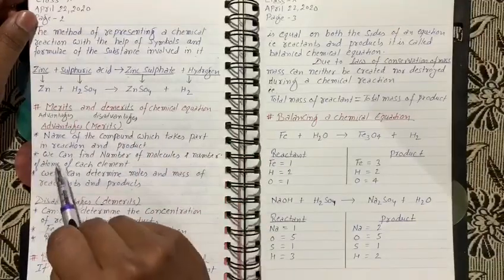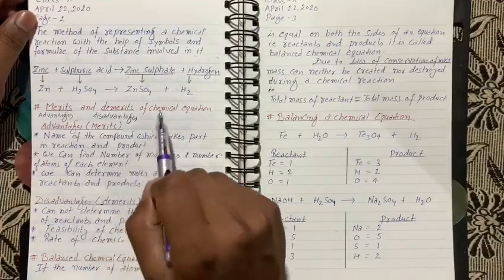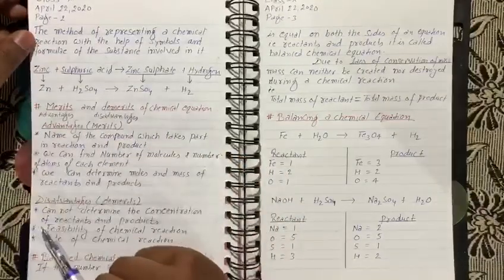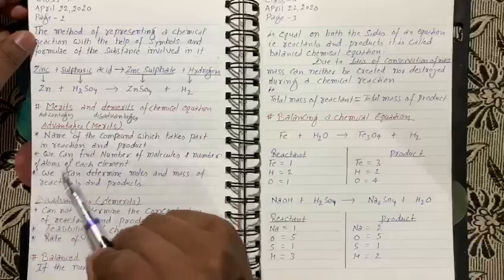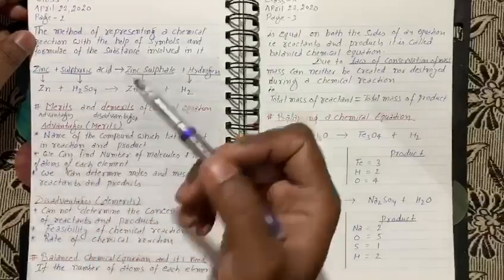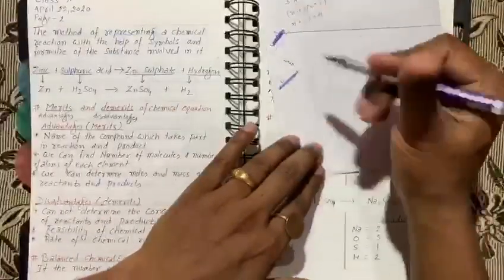Now we can find the number of molecules and number of atoms of each element. We can simply determine how many molecules of a particular substance take part in the chemical reaction and how many atoms of a particular element take part in it. Also the number of molecules of the different products so obtained. I'm just going to tell you one example. Suppose you have written